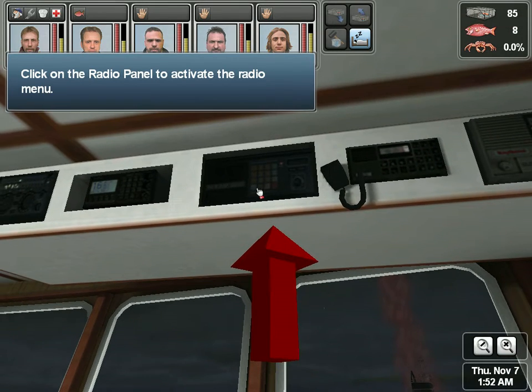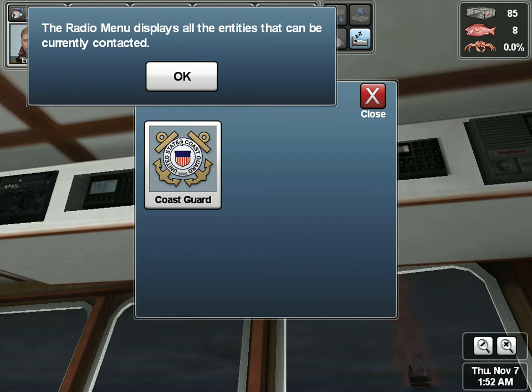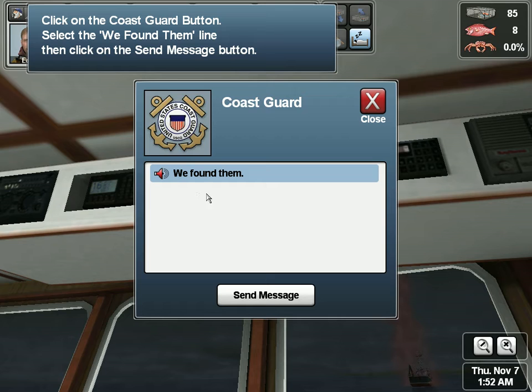Click on the radio panel. The radio menu displays all the entities that can be currently contacted. Click on the Coast Guard button. Select the We Found Them line, then click on...